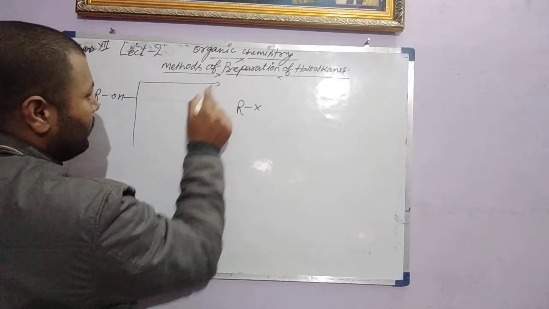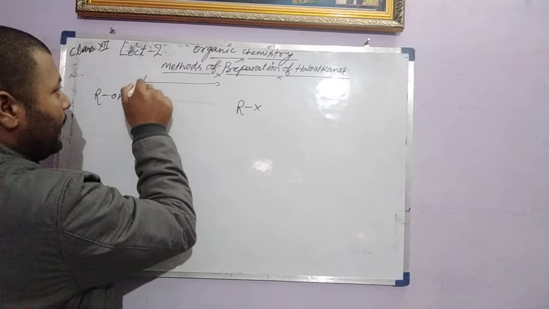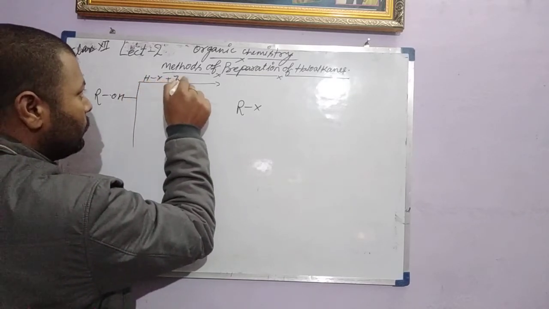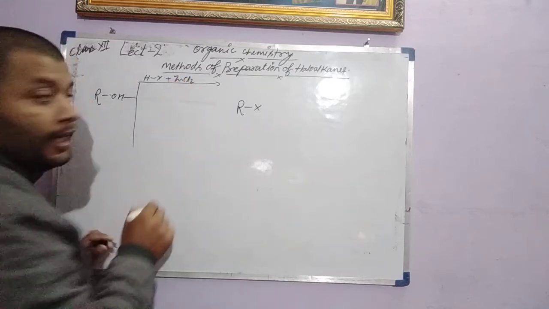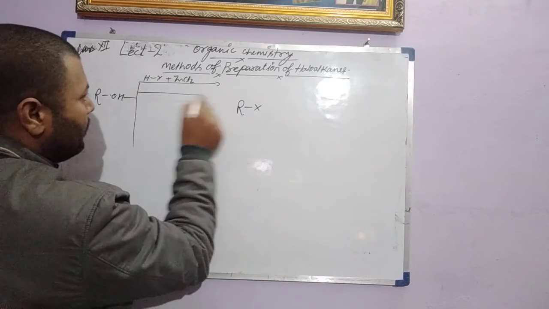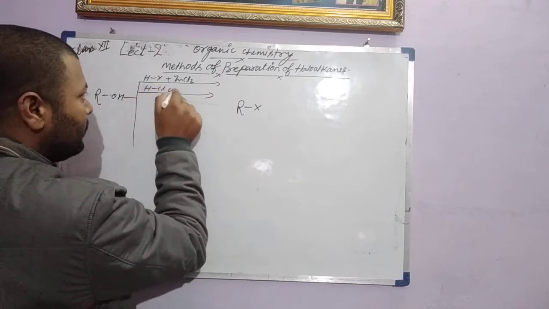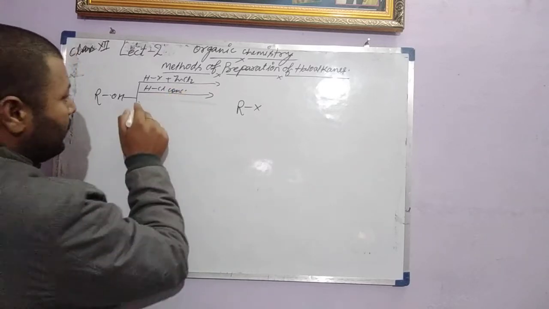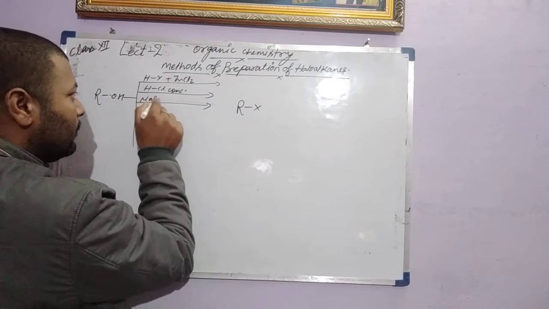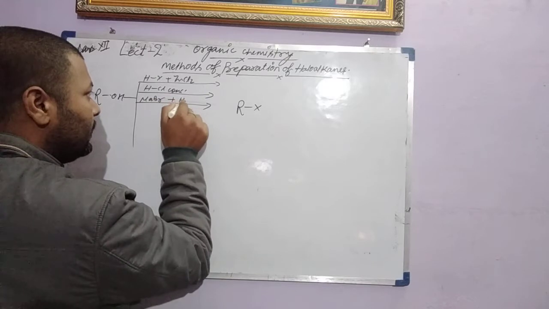You can prepare RX by using HX with ZnCl2 or ZnBr2, or you can use concentrated HCl directly, or you can use NaBr or KBr with sulfuric acid,